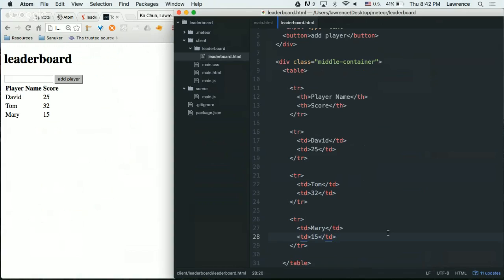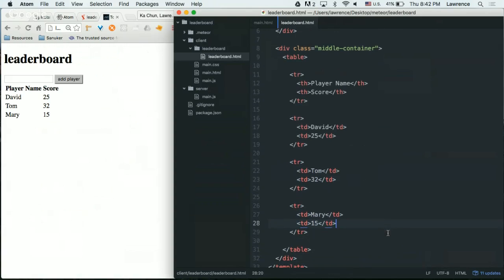Sometimes Atom on Windows has different configurations, so sometimes the auto typing thing might not work, but yeah. Yeah, so you can see like Atom actually helps you to save your time typing. Yeah. So just try to copy what I'm doing here, and you should be able to see 3 rows of data.